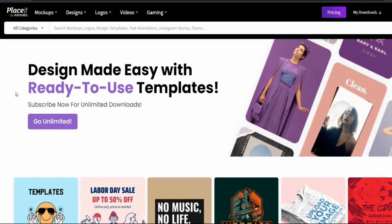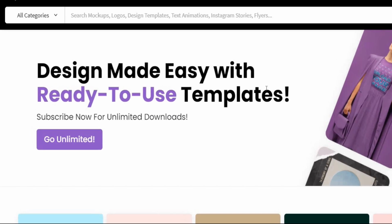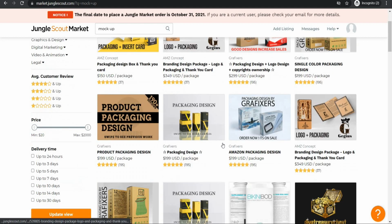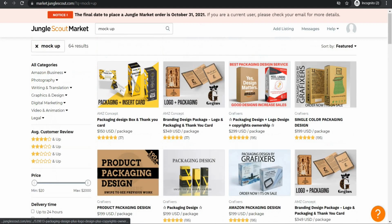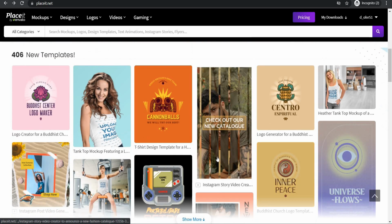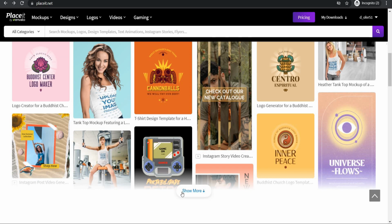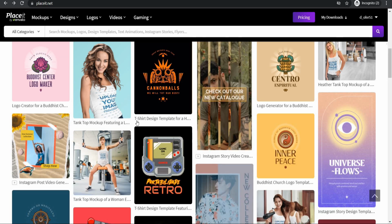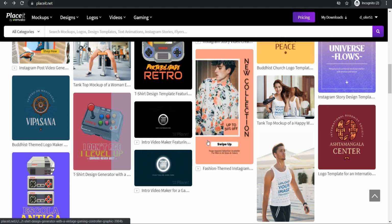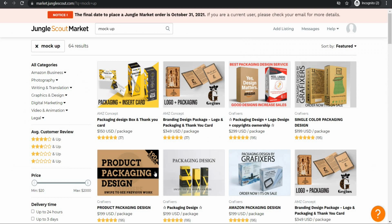Placeit.net is a platform where you may get dozens of ready-made templates for your designs that you can use and sell on the market.junglescout.com. You can see that you can upload any image and logo to a t-shirt, live models, mugs, or any other types of goods. And you don't need any design or Photoshop abilities because this website will handle everything for you. It will appear to be very professional and as if it were in real life,